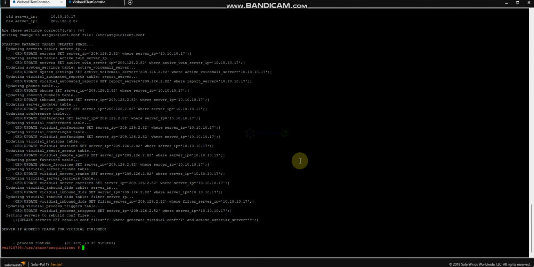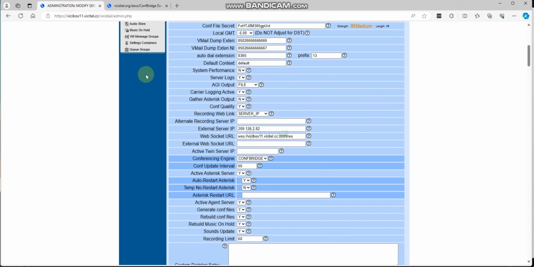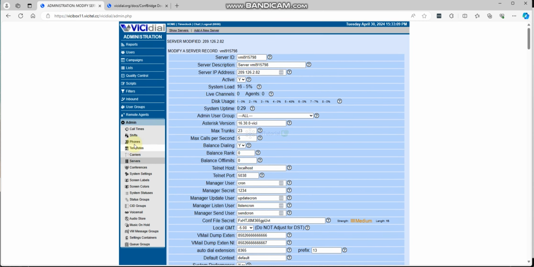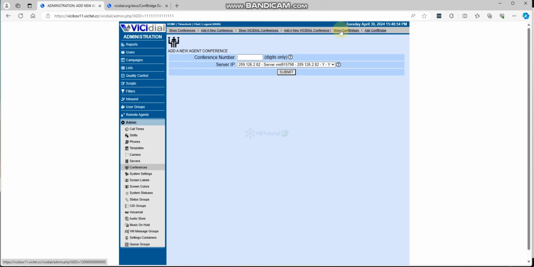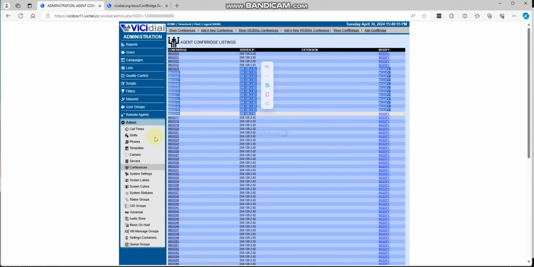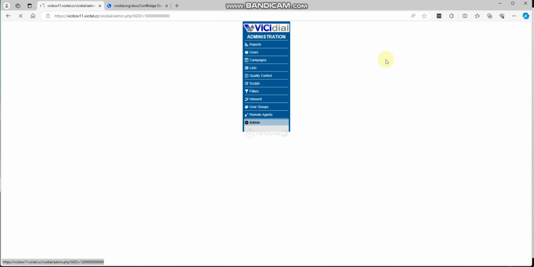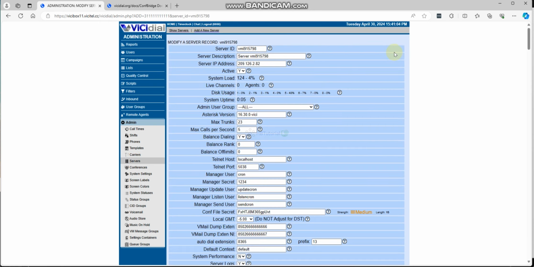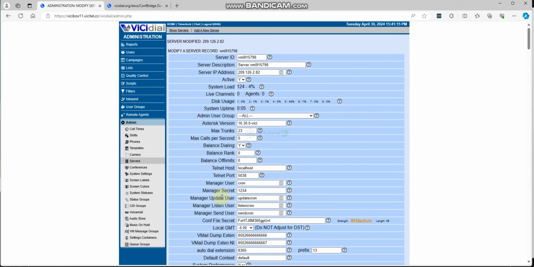Okay, and then going to check our dialer. So if you go to the conference ConfBridge, yeah, so it's already on 8. Then go to the servers. Okay, modified, so you can set ConfBridge here. Okay, so already set. Then we submit, and then